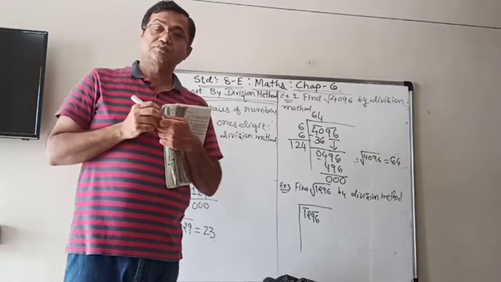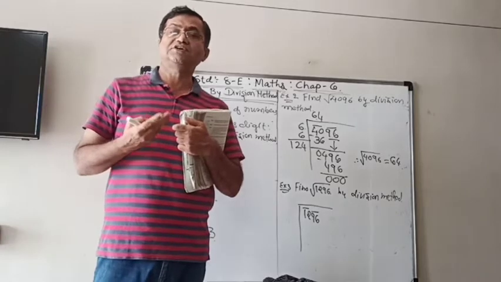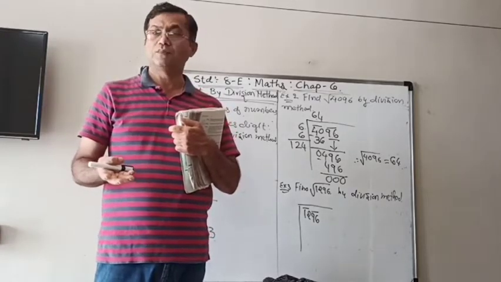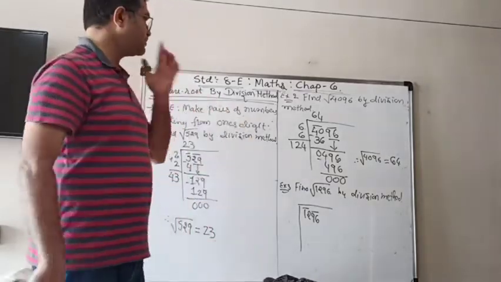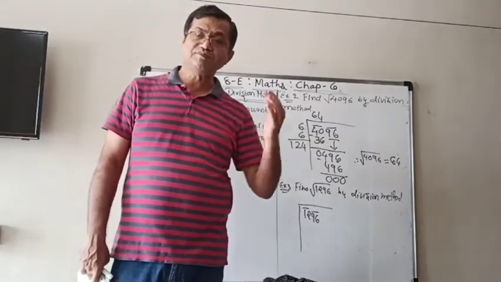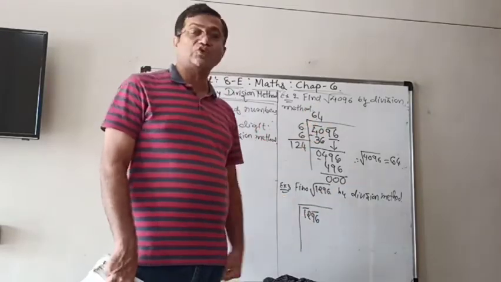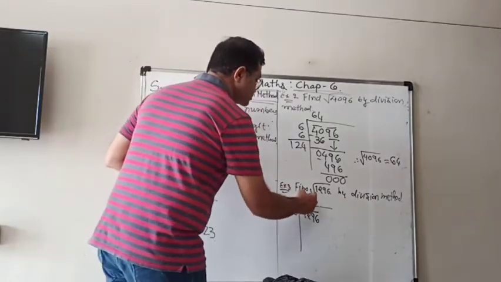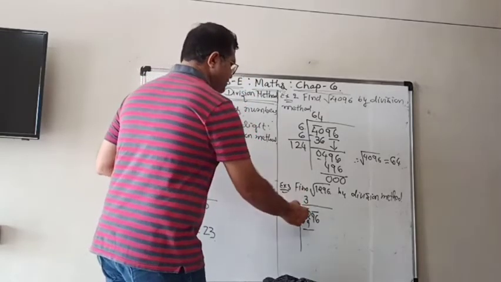So 2 twos are 4, 3 threes are 9. Can we take 3 fours are 12? No, we can't take 3 fours, as I explained to you, it must be a number multiplied with itself. So 3 threes are 9, but 4 fours are 16, which is more than 12. So we can't take 4 fours. We have to try 3 threes are 9. 12 minus 9,